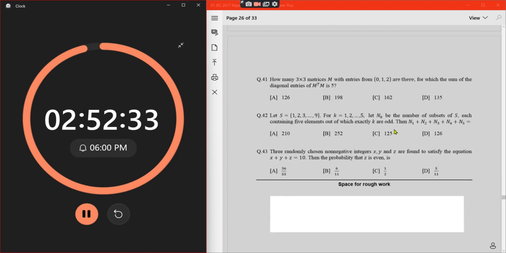Okay. Next 41. How many 3 by 3 matrices with entries 0, 1, 2, 3 are there, for which the sum of the diagonal entries of M transpose M is 5. M transpose M. देखा सा लग रहा है क्या? M transpose M. अगर उसके रो वेक्टर्स a vector, b vector, c vector ऐसे तुम्हारे रो वेक्टर बन जाएंगे. एंड देन यहाँ पे जो तुम्हारे कॉलम वेक्टर्स थे नहीं, a vector, b vector, c vector. सो पहले कॉलम वेक्टर का क्या होगा? जस्ट बेसिकली ये हो जाएगा ना. इसका जस्ट a squared, फिर यहाँ पे a dot b, फिर यहाँ पे b squared और यहाँ पे c squared,